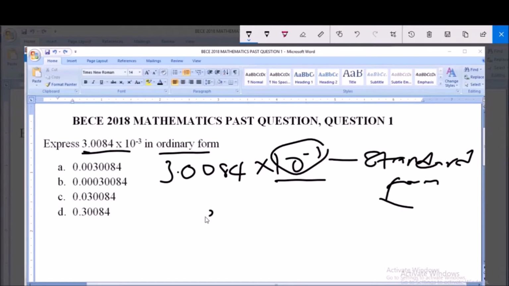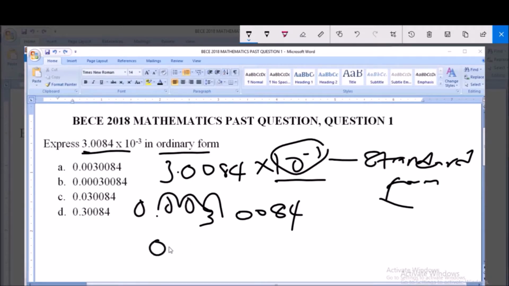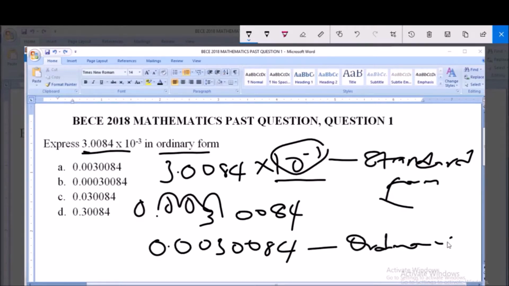So therefore we have 3.0084. Now we are moving our decimal point 3 places to the left. This decimal point here, so we have 1, 2, 3. Now this is the decimal point and then put your 0. Here we have 0 and here we have 0. So therefore we have 0.00300084 in ordinary form. Now this is the ordinary form. You can see that the number is a very small number, and that's why we usually express them in standard